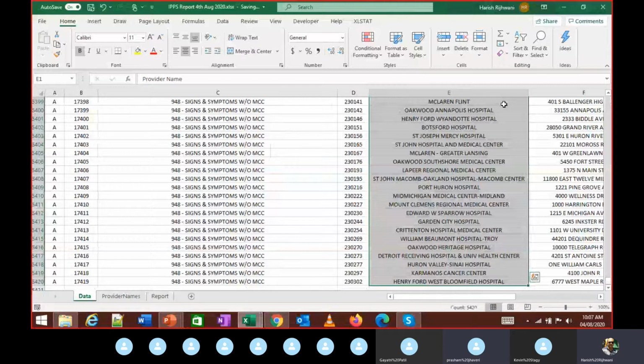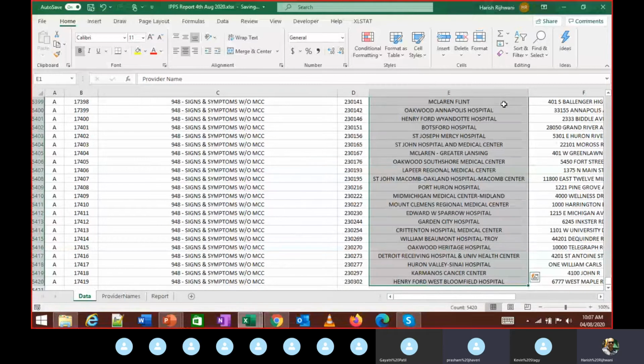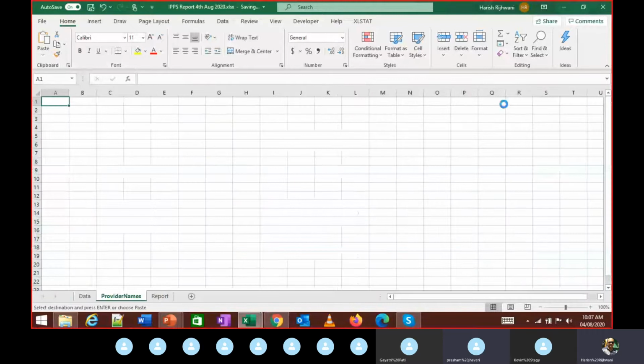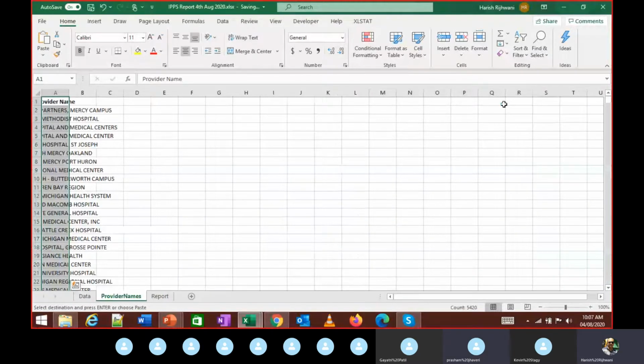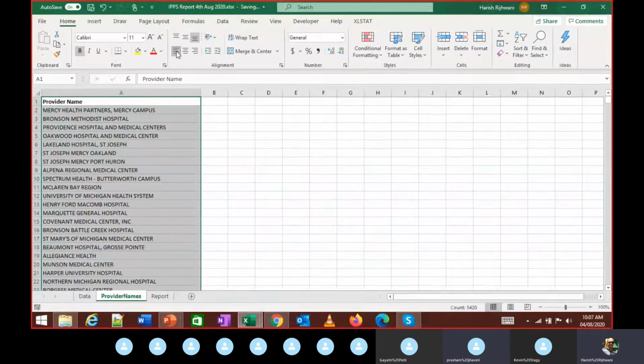When I do that, I am selecting the values in this particular column. And then I do Control C and I paste them over here. I just made them left aligned.